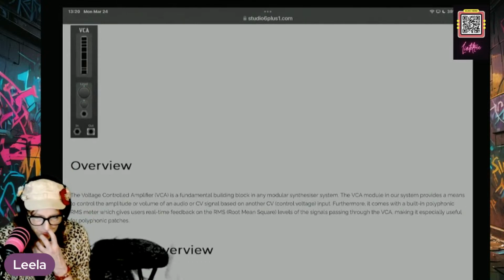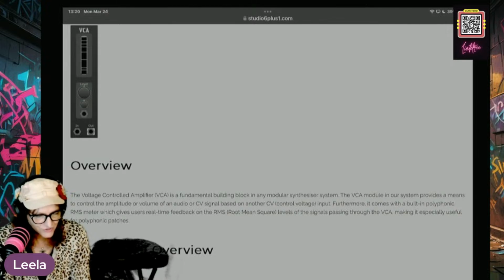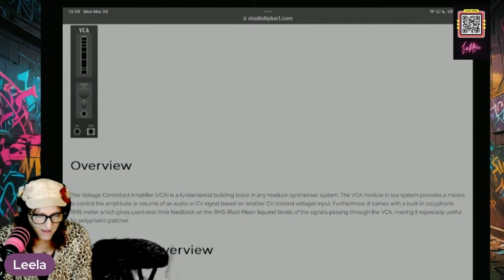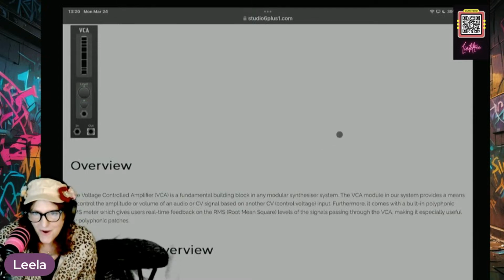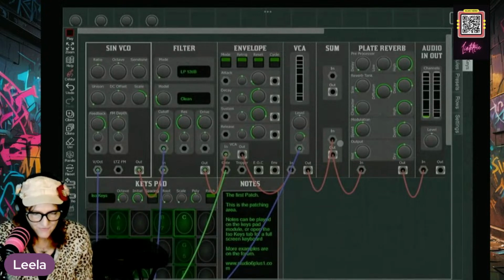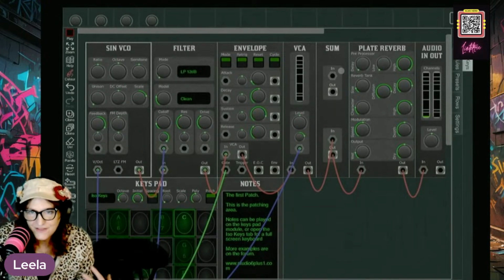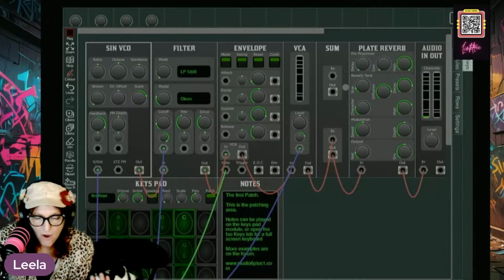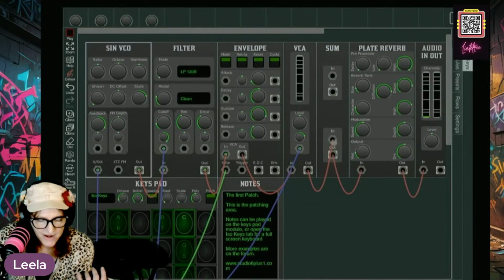It's a fundamental building block in any modular synthesizer system. The VCA module in our system provides a means to control the amplitude or volume of an audio signal. So it's your amplifier. Really cool. So that goes into the amplifier, and then this is a sum, which takes all these signals and turns them into a monophonic signal. So basically it's a combined signal.